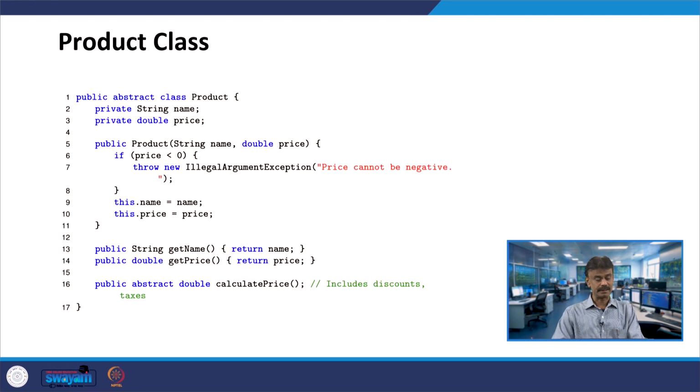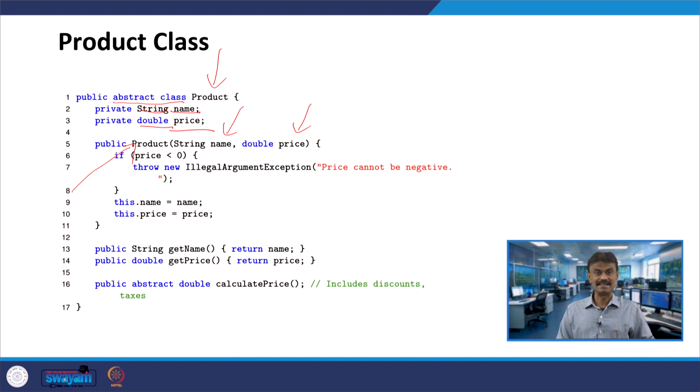So, let us have the product class, which is an abstract class: public abstract class Product. We have studied abstract classes, if you recall. 0 to 100% abstraction is possible, that means we can also write regular methods, whereas an interface is 100% abstraction. So, here we are using the abstract class Product. Under it, you have name whose data type is String, price whose data type is double. Here you have the constructor Product, with String name and double price.